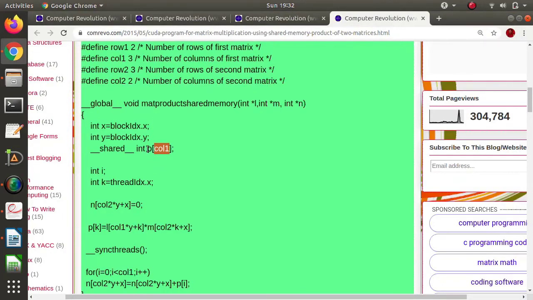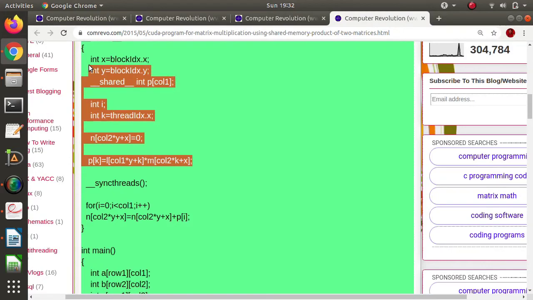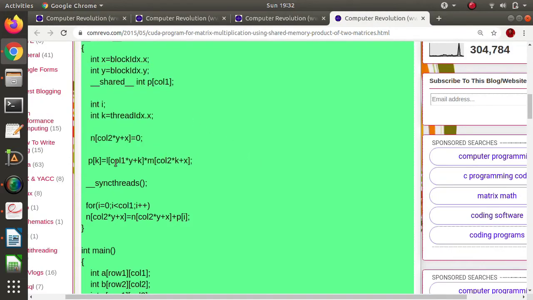This is the size of P. Then here we are calculating, each thread will calculate this value. So one thread will calculate P of 0, another thread will calculate P of 1, then the third thread P of 2. So all threads will finish their work. We are calling the function sync threads here, so it will make sure all the threads have calculated their value, and then we are taking this sum. So that will be the sum of one cell of the resultant matrix.